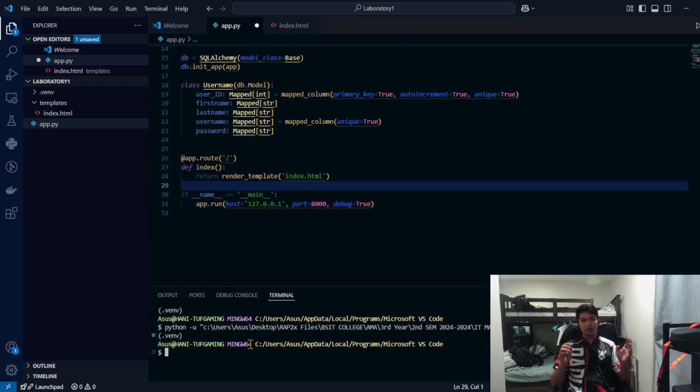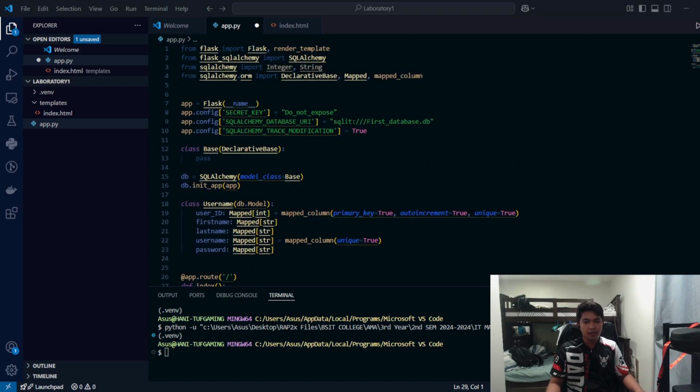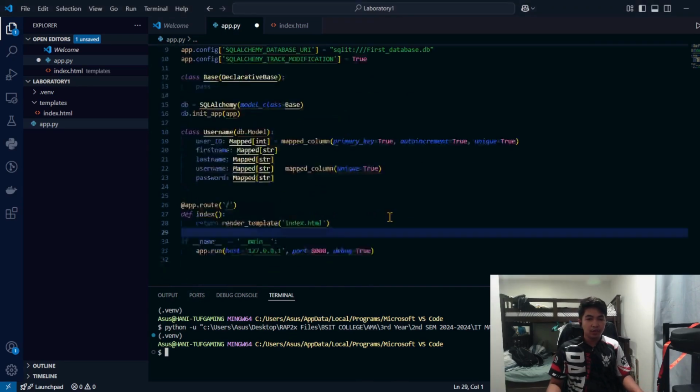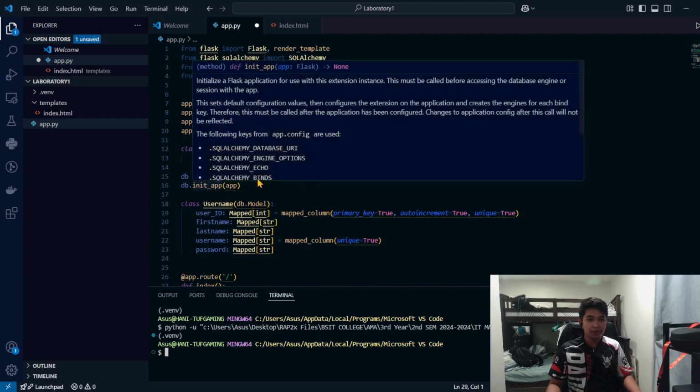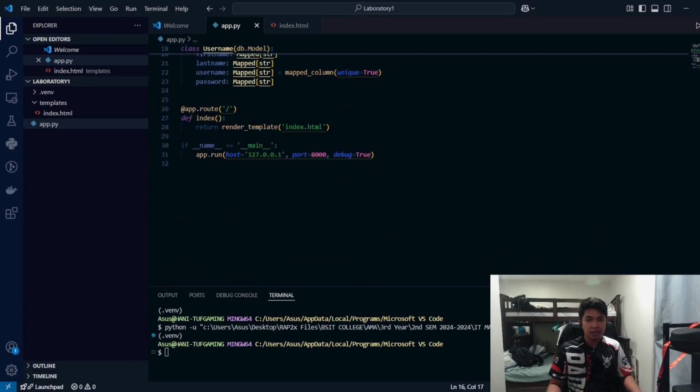Since we are already done coding our first application, we must save, then run it in our terminal.